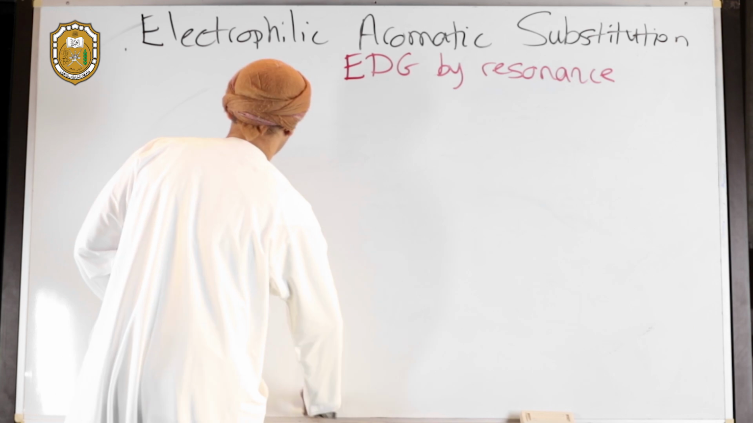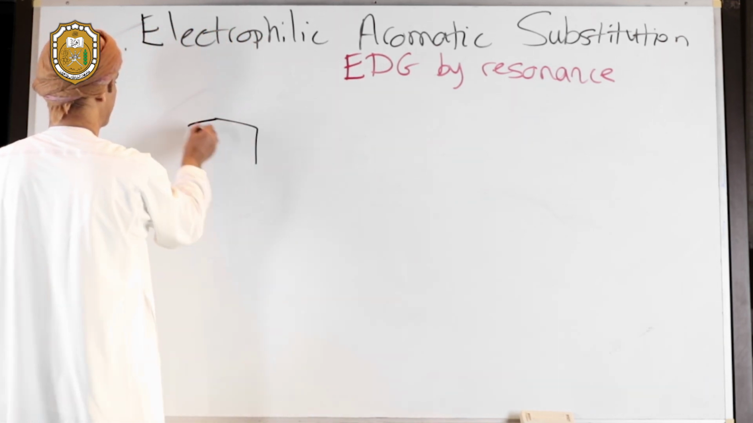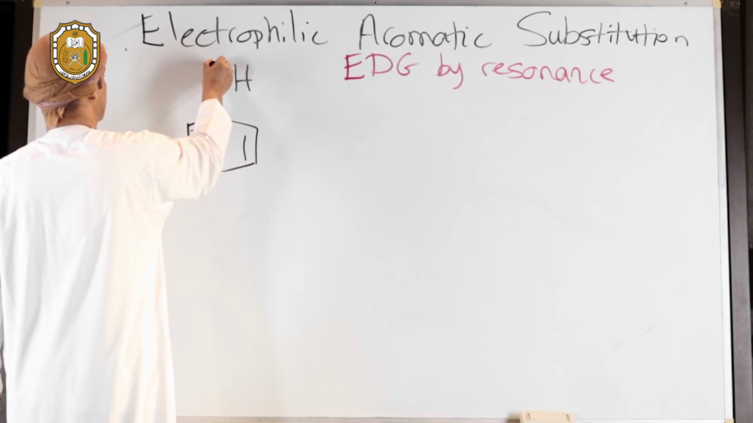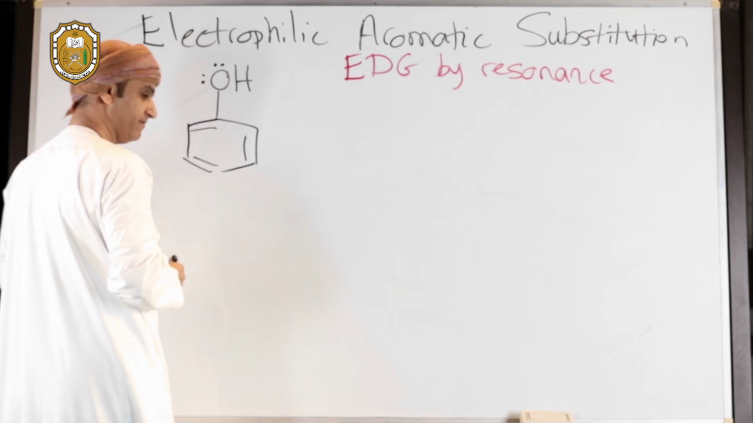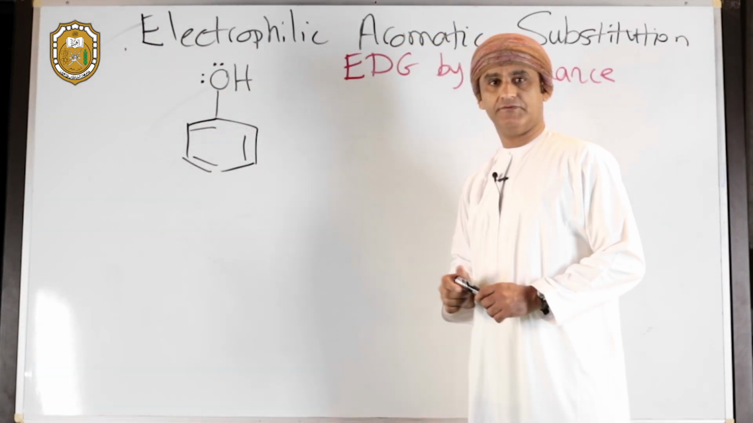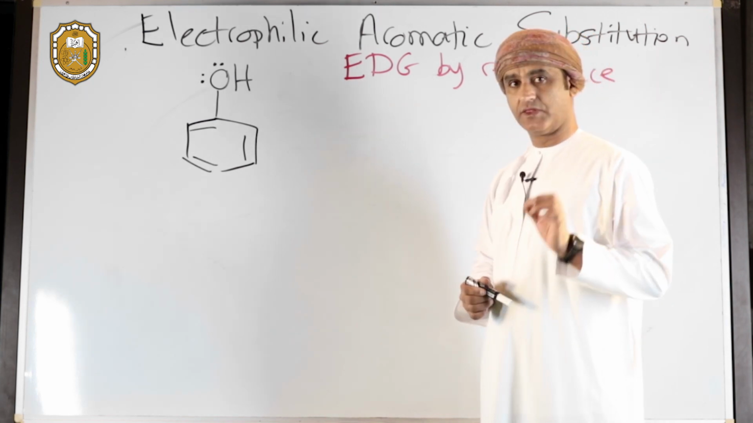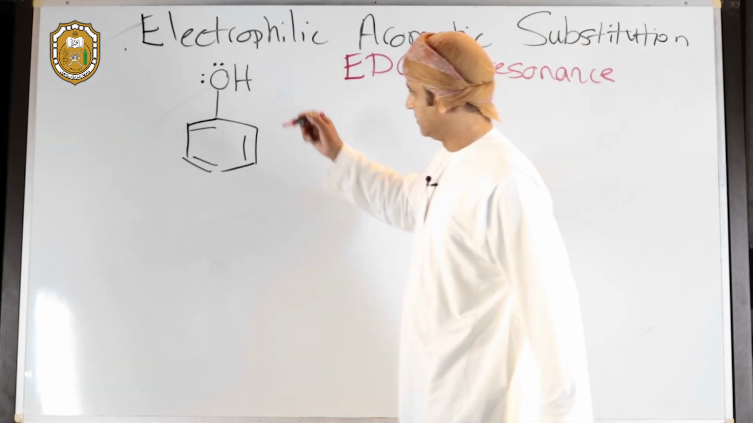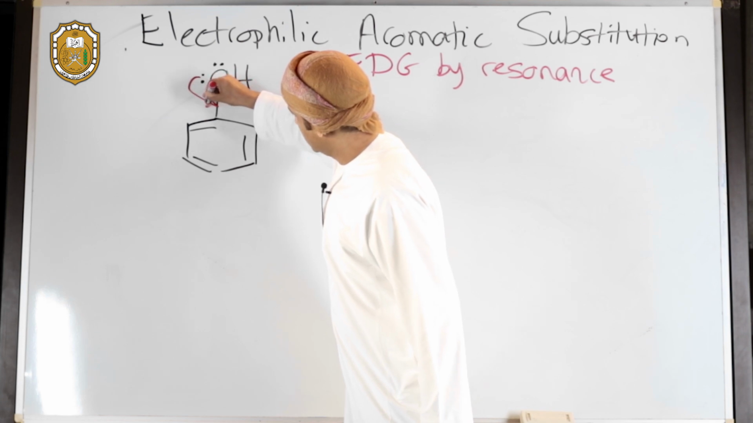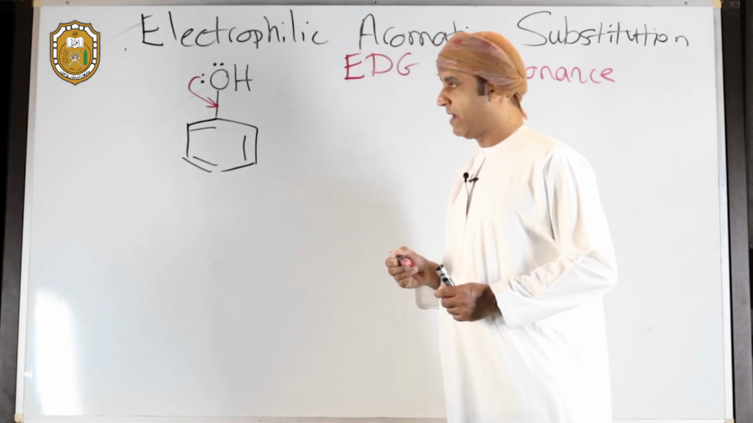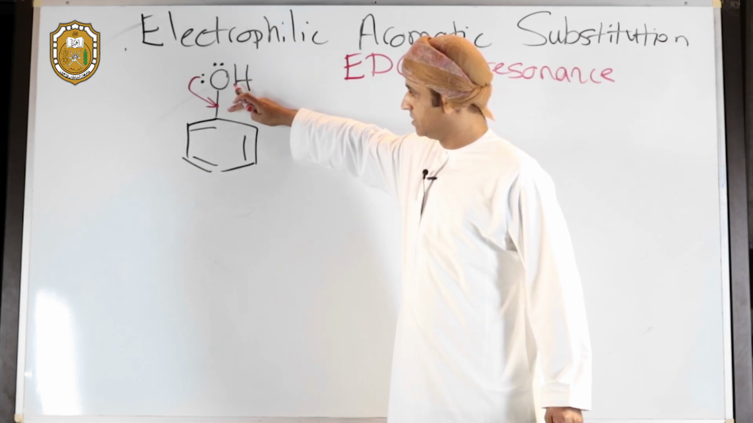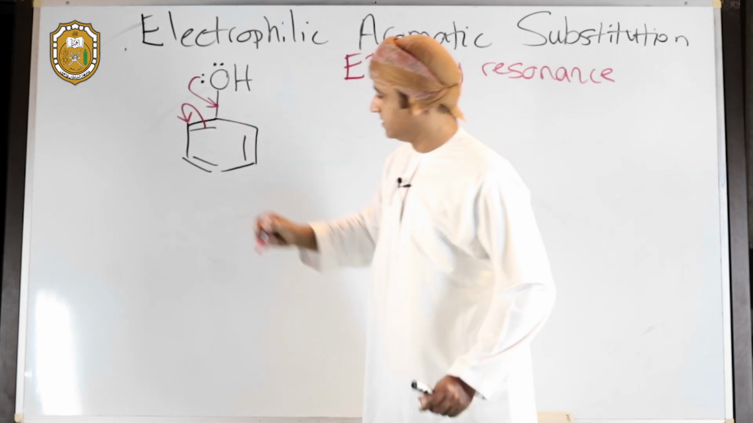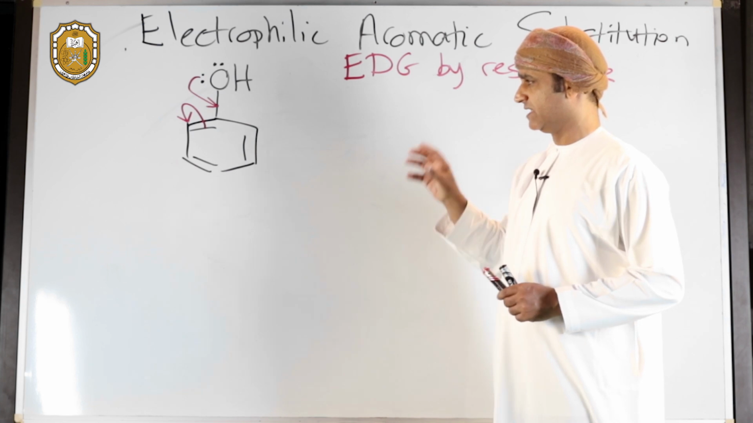So let's draw the structure of phenol, or hydroxybenzene, and of course oxygen in phenol has 2 lone pairs, therefore it can donate electrons by resonance. So let's do that. We can take one of these lone pairs to make a double bond between oxygen and this carbon, and as a result this carbon-carbon double bond is broken, and of course the electrons are then